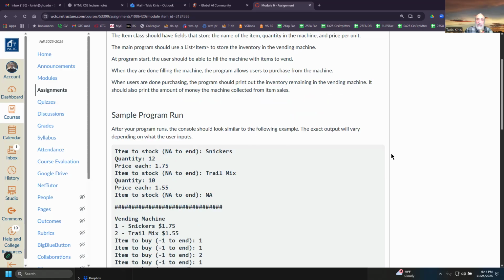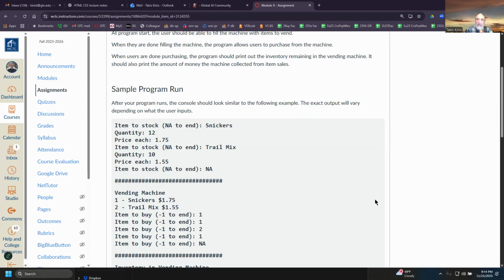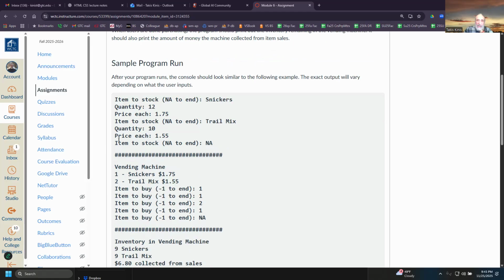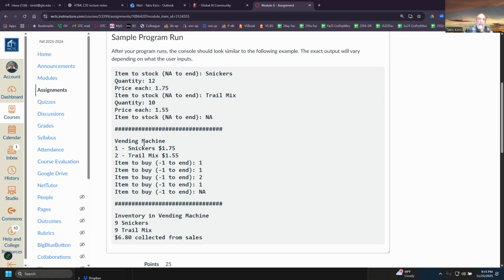After your program runs, the console should look similar to the following example. The exact output will vary depending on what the user inputs, right? So items to stock, right? So Snickers, quantity, price, trail mix, quantity, price, and then you type NA and you're done. Then it puts some ASCII art in there, and then the vending machine comes up. It gives you an option, 1 for Snickers, 2 for trail mix, and then